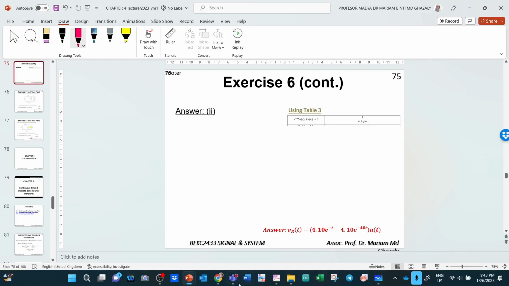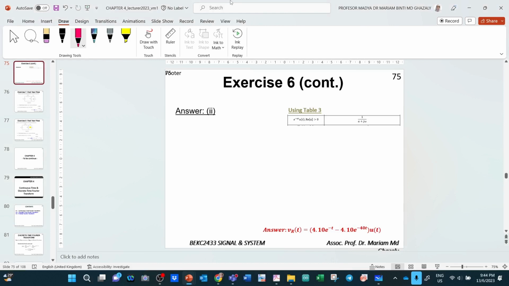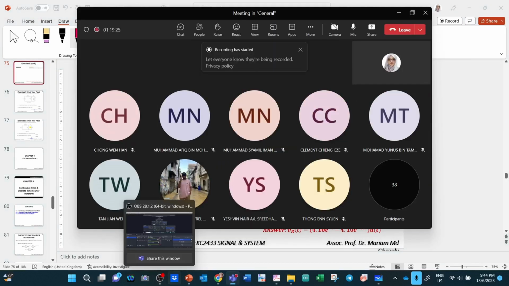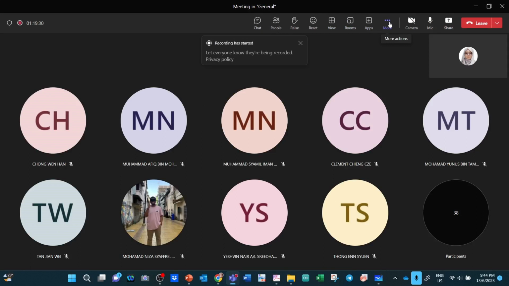So I think that will be all. Okay, stop presenting. I think that will be all for today. For those who didn't understand how to get the numerator equation just now,